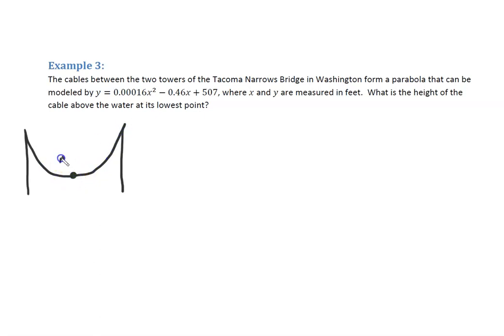Now it asks us to find the minimum, okay, the lowest point. So that's the minimum. That is also known as the vertex. Anytime we want to find the min or the max, we should immediately think, okay, that's the vertex. And how we find the vertex is by using the formula negative b over 2a. So we figure out what our b value is and what our a value is, and then we will plug